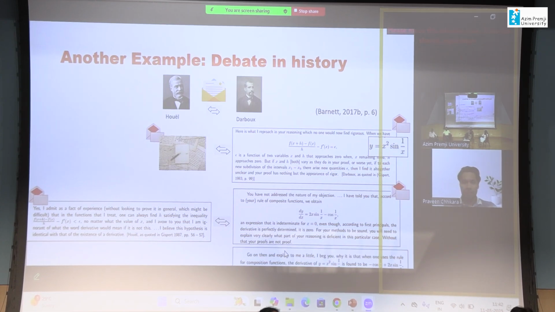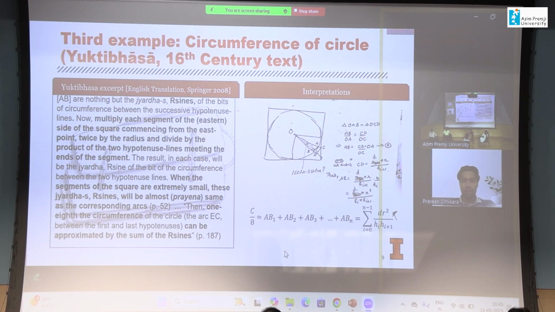So you can see in this language that there is a kind of disagreement between these two mathematicians, and you can see the choice of words, like: you have not addressed the nature of my objection; if there is a lack of rigor, your proofs are not proofs actually. So there is a kind of debate among these great mathematicians. Moving to the third and final moment from history, which is from Yukti Bhasha, a 16th century text